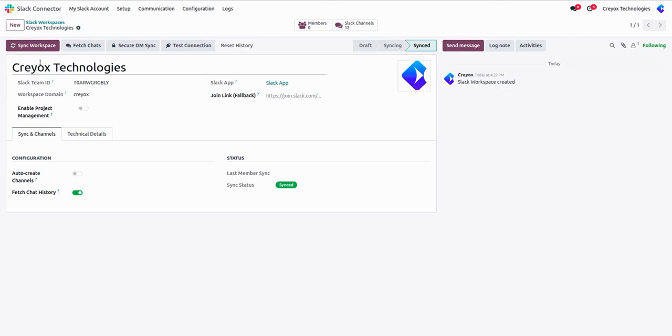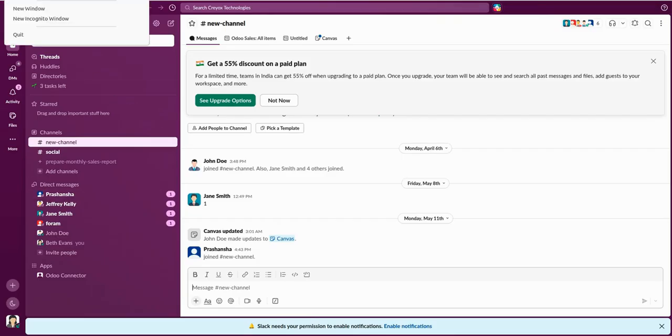Then in the workspace we have provided different buttons to fetch the data from your Slack account. Also here you can see we have some configuration like auto create channels. If you enable this, it will help you to automatically create the new channels which are created in your Slack account. Then fetch chat history,